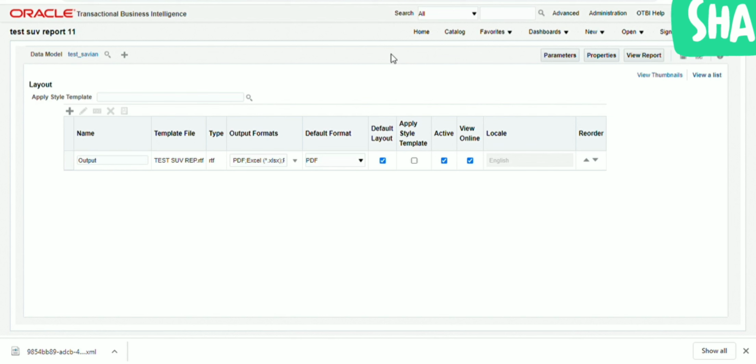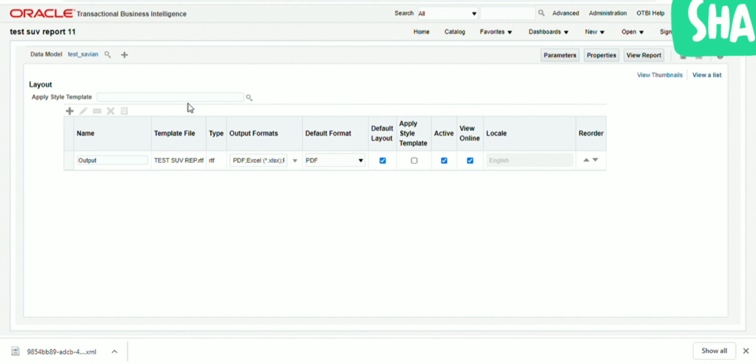Generally if you follow all the steps and develop a report, it's perfectly fine. But once you go to the report output and click on view report, it will be in auto run. What will happen if there are millions and trillions of lines of data? Then it will keep on running.